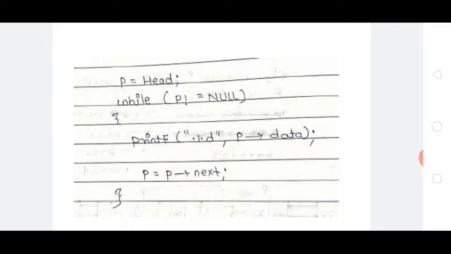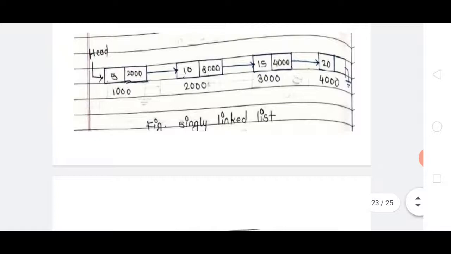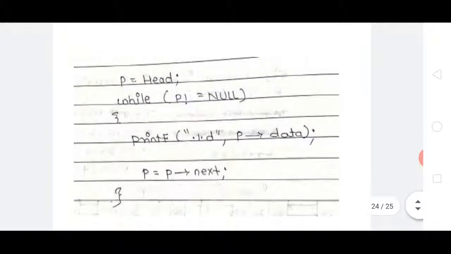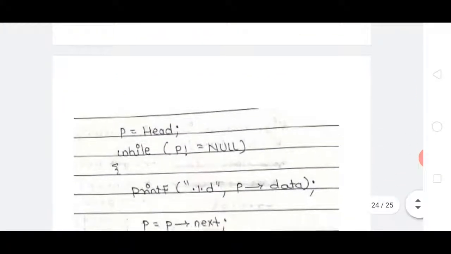The next statement is p is equal to p is pointed to next, means that pointer p is moved from the first node to the next node, then goes to the while loop. Basically, pointer p initially points to 1000, and by executing p is equal to p is pointed to next, pointer p is set to the address 2000.